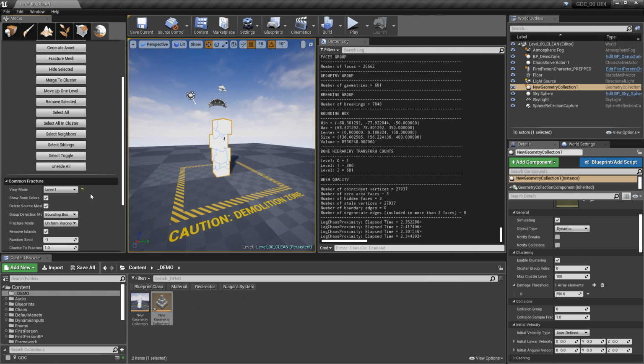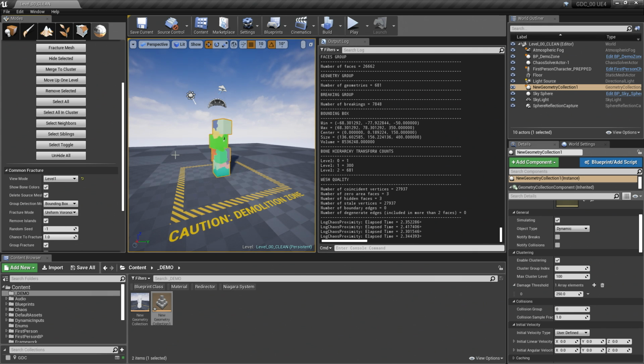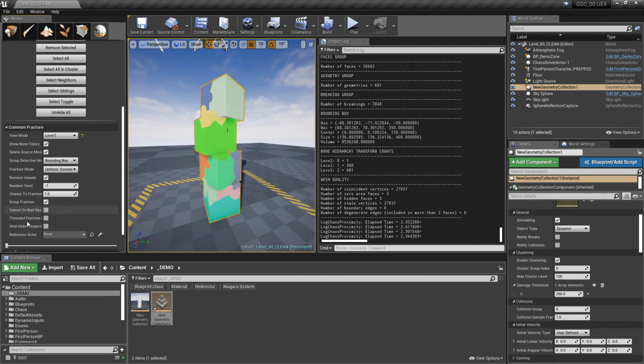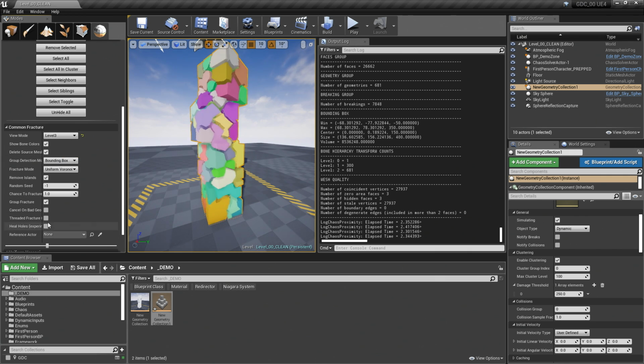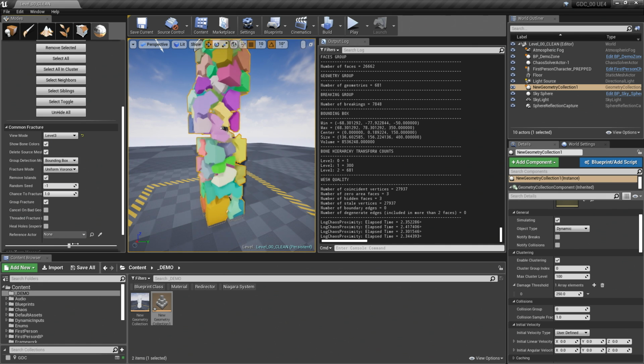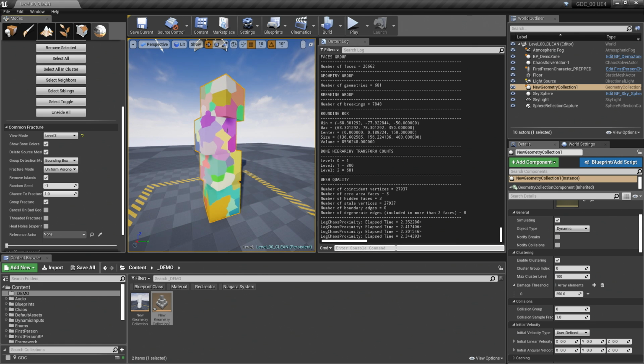Okay, so now if we start to look at this, you can see how we have our clusters all clumped together there. We've got some interesting shapes, no longer looking like standard Voronoi. And we can jump through the different levels and take a look at those. Those are looking pretty cool, pretty irregular. And one last time. There we go. We can see the different chunks and how many pieces are in each level.